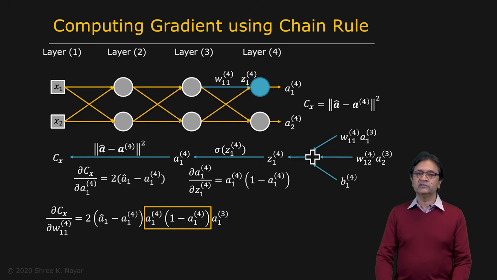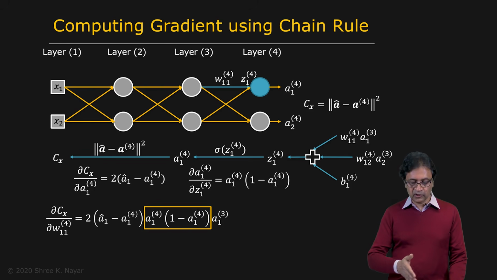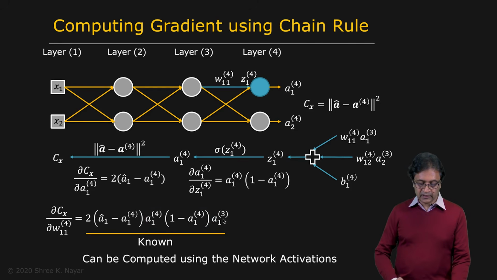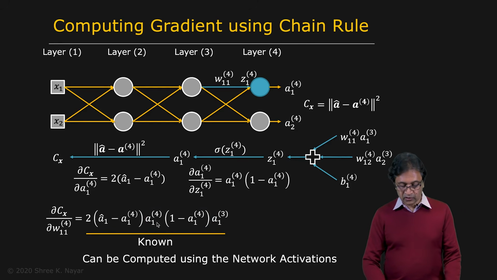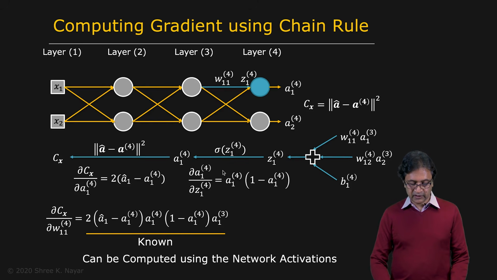You found the derivative of the cost with respect to this one parameter W114 without really doing finite differences, but just by computing the product of all of these activations. Many of these activations are from layer 4, and one of them from layer 3. So let's collect the ones that correspond to layer 4, and these are all known to us. Those are the ones right here, basically the first two terms up here.